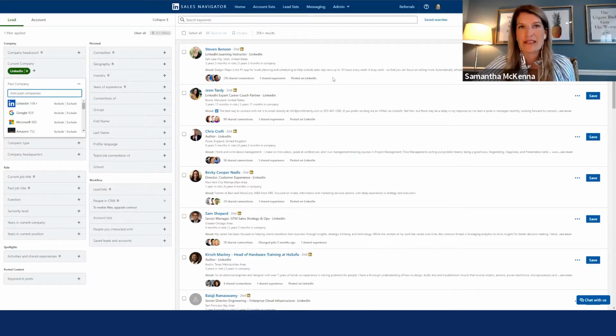If you don't know what Team Link Extend is, and if you're not currently using it, this is your gold mine. So Team Link Extend leverages anybody in your existing company that has opted in to share their network. So let's say if we had Team Link Extend enabled, what we would have here is, let's say, 2 Team Link Extend connections. And that means the 14 people that work at samsales, two of them have a relationship with this person. So Team Link Extend lets you leverage your internal network of people who work at your company who you may not know, you may not even know exist as a person on the planet, and lets you say, hey, internal person that works in my company,